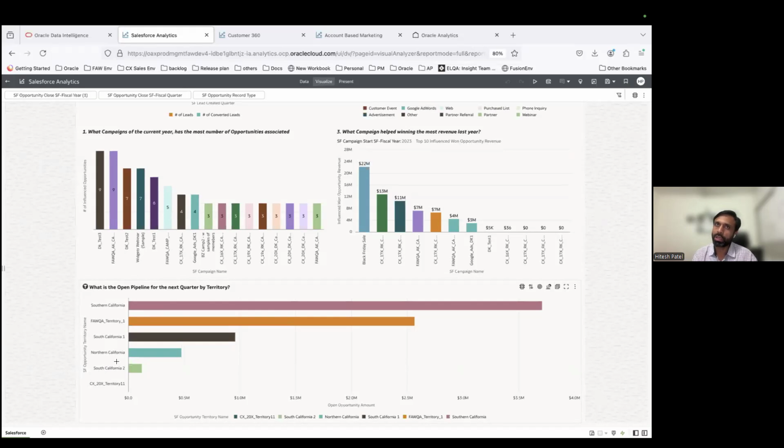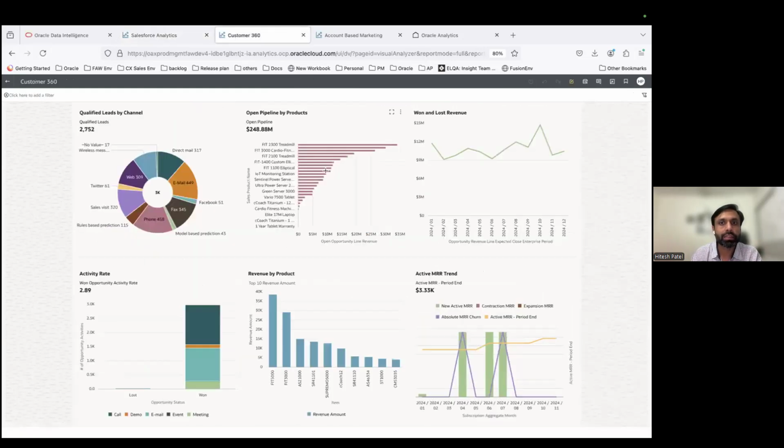Now, what we saw was just around marketing and CRM, but then we can push it a level up. So let's say I'm a customer who's using Salesforce CRM, Eloqua for marketing, and let's say Oracle Fusion ERP supply chain for my ERP and supply chain needs. Now, what happens is typically in such a setup, I will set up a situation wherein I'll be able to sync my Oracle party ID into Salesforce or Salesforce account ID into party ID. So I have both the account entities mapped to each other. Now, in that case, I can create a report like this. So what I'm looking at is a customer and what its world looks like, right?